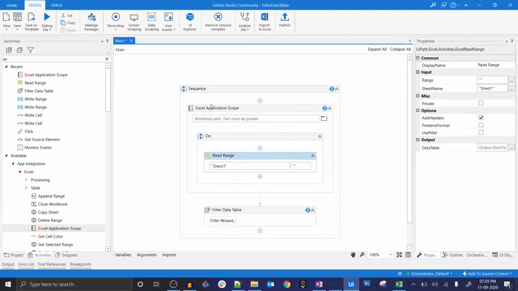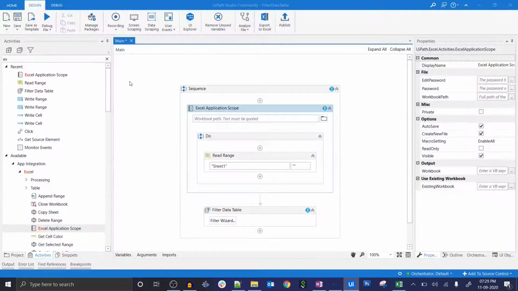So I'm going to drag and drop the Read Range activity inside this Excel Application Scope and point to this file.